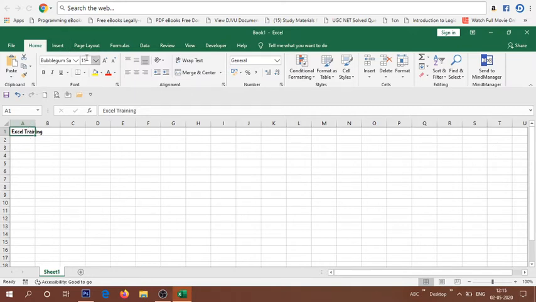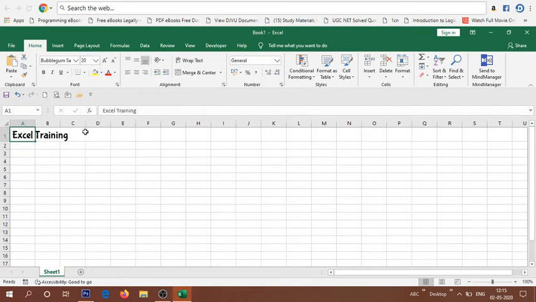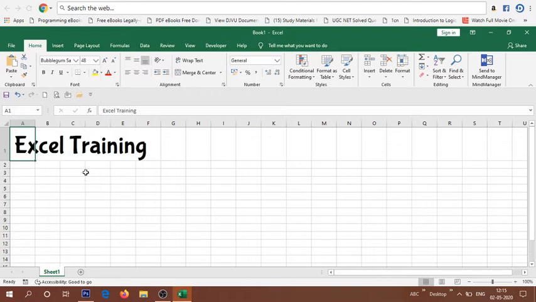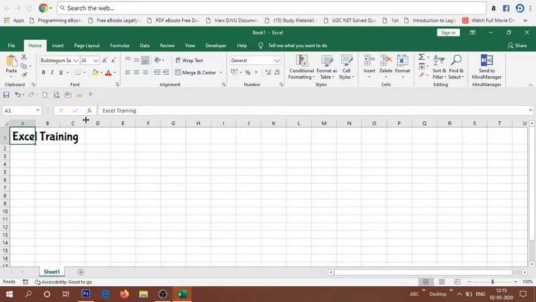Here you can see this is the font size. You can change the font size. Number values will be there. When you click the drop down button, you can see 8 to 72 showing. Suppose it is 8, very small. Suppose it is 20, very big. Suppose you want it even bigger, 48. So like this we can change the size of the font, whichever we need.